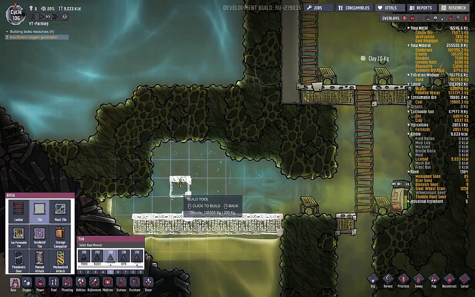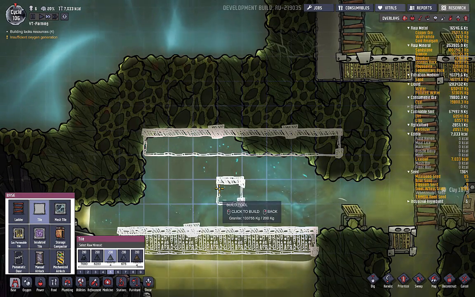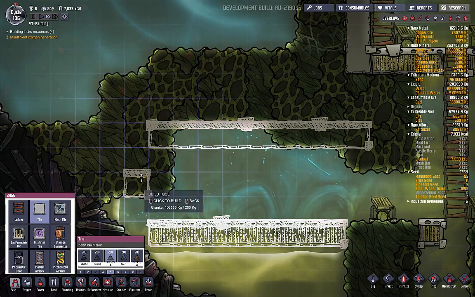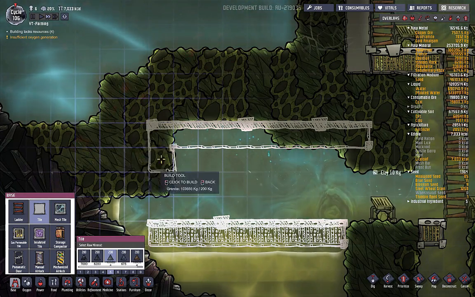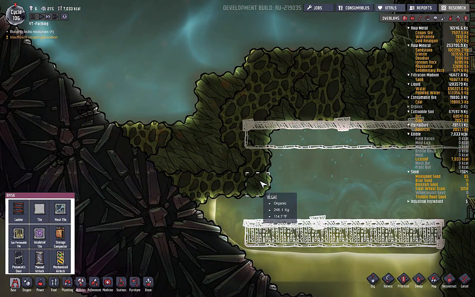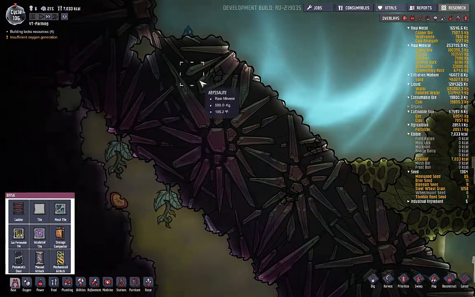And I want tiles. These are granite. These are going up above. I'm going to need to dig these out. I really don't want to mess that up. There's actually a buried object in there. I don't know what's buried in abyssalite, but...